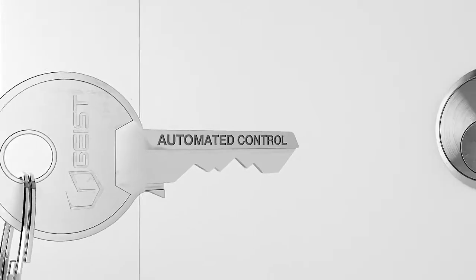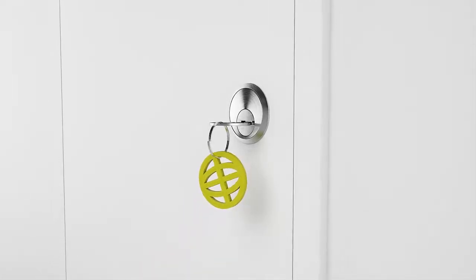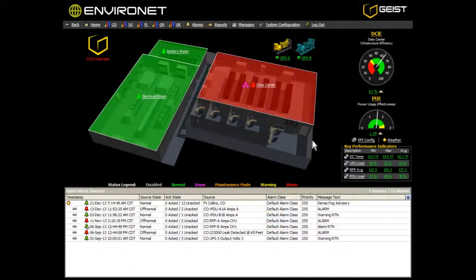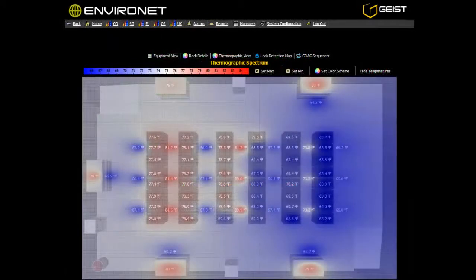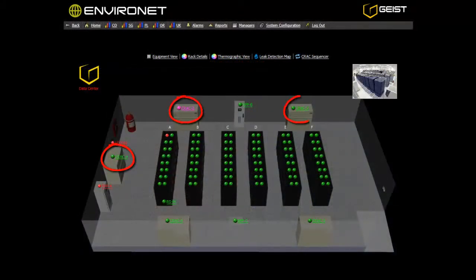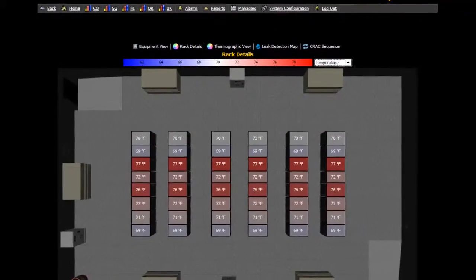Environet's automated control delivers facility efficiencies by intelligently managing building infrastructure. Overcooling a data center costs thousands in unnecessary electrical bills every year, while undercooling leads to catastrophic damage to critical servers. Environet addresses the cooling management challenge head-on by measuring temperatures throughout the data center and coordinating crack units to run accordingly. This intelligent approach to airflow management keeps server rooms at the ideal temperature to protect equipment and minimize